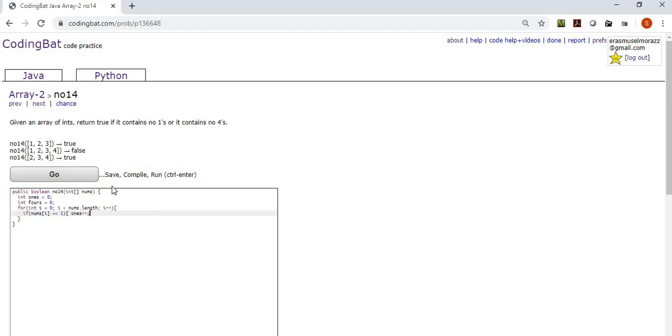And just use the plus plus iterator there. This one's going to be pretty much the same thing, except that we're going to be looking for 4. Then once we've done that, we've populated or updated those variables we set, and we return